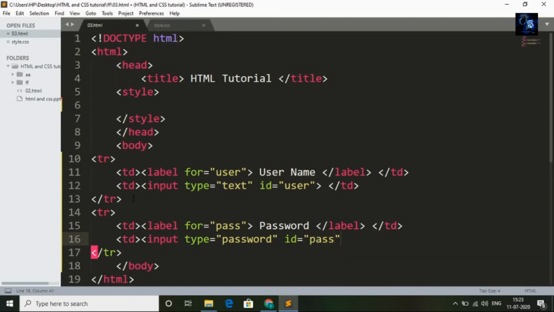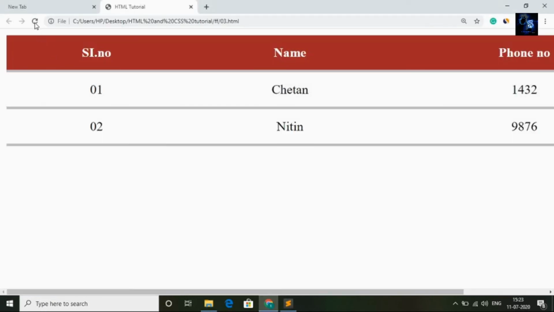Pass, and the closing tag. Now I will save this file and I will go back to the browser and I will refresh.